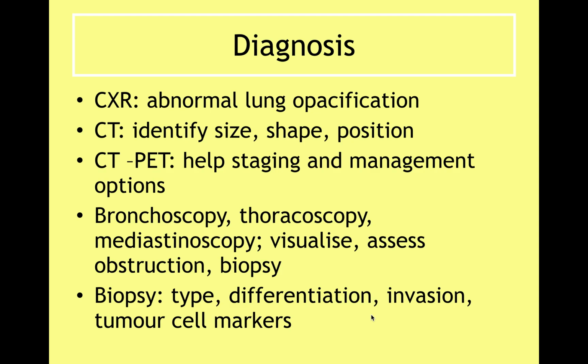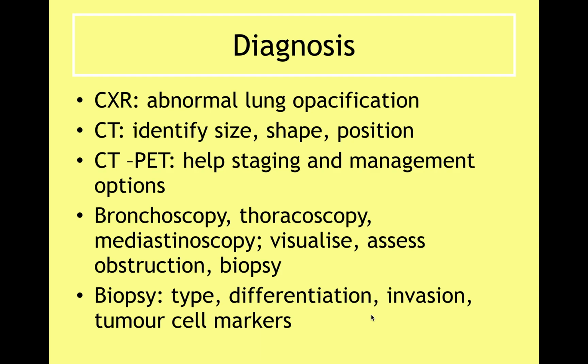Patients can also have CTs, so this is a more in-depth vision of looking at exactly where the tumour is, how big it is, and the kind of shape of the tumour. A CT PET can be helpful, again in staging and in management options. And then looking even more closely at the type of lung cancer, you can do a bronchoscopy or a thoracoscopy